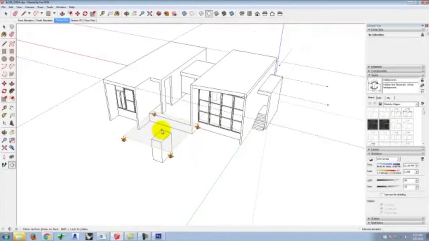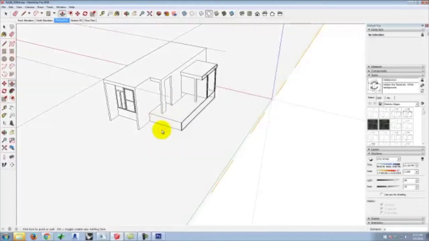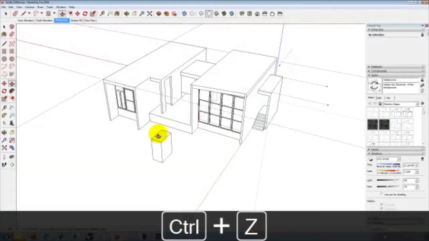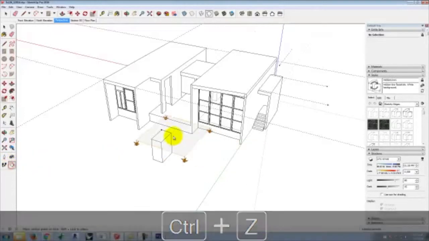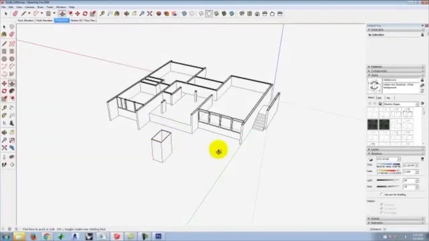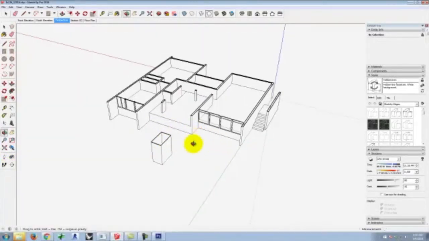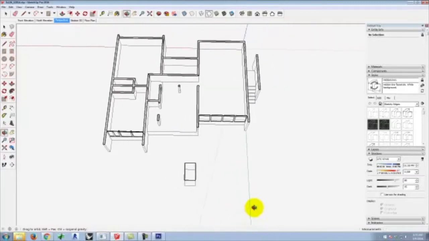So I'll go ahead and snap to the top of that box. Oops. Sorry, didn't snap to the top of the box. Let's try that one more time. There we go. And when I do that, we can see that I'm looking through my building at that